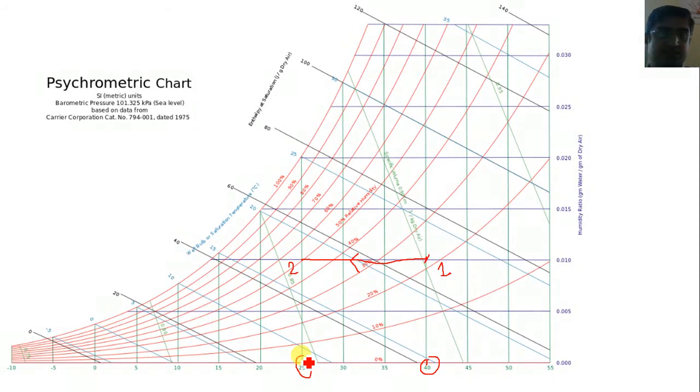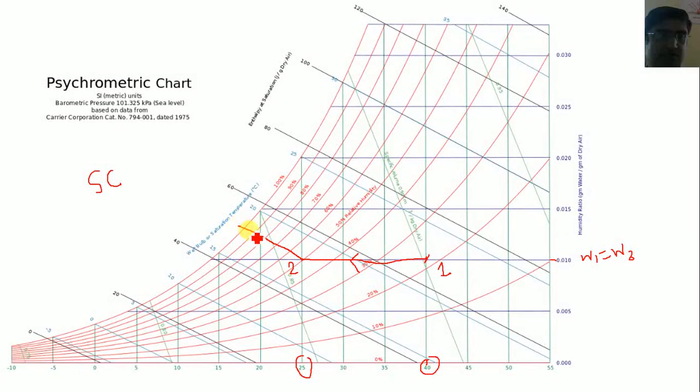So here you can see the value of dry bulb temperature decreases during the sensible cooling process, and the value of specific humidity remains the same. Similarly, the value of dew point temperature at points 1 and 2 also remains the same. So now